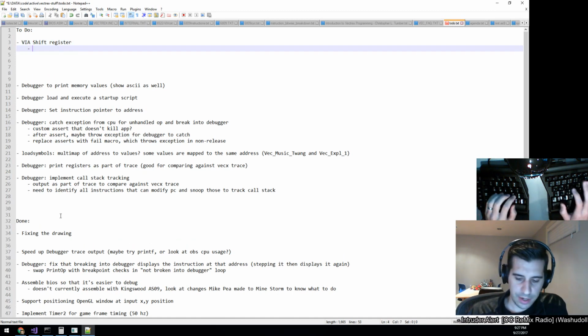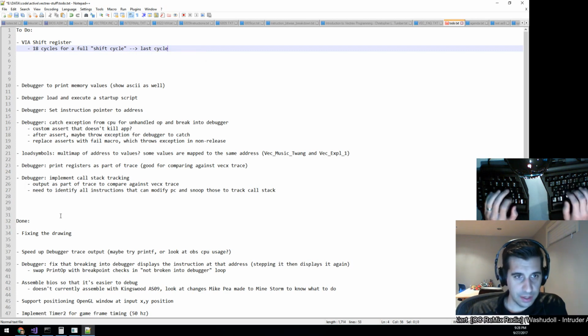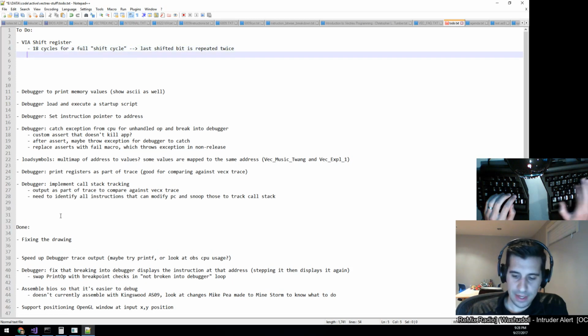And I'll say here: 18 cycles for a full shift cycle. Last cycle is repeated twice, or last shifted bit is repeated twice. So I gotta do that, and then I'm gonna do